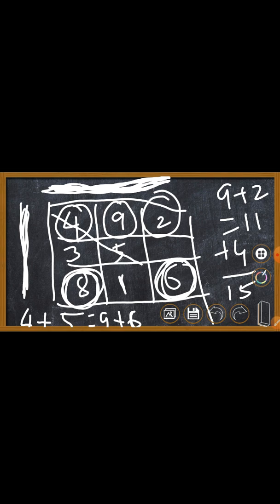Now the only one left is the column on the extreme right hand side, where the first piece of information is 2, the second piece of information is 6. So 6 plus 2 is 8. 8 plus how much is 15? 8 plus 7 is 15. So I write down 7 over here. So this is the concept of magic squares. I hope you have understood.